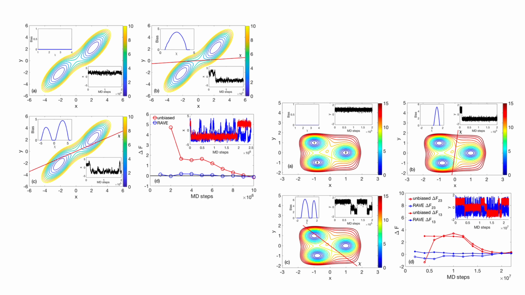And in the bottom right image, you can see that RAVE basically finds the delta F between the two wells is 0. And it finds it way faster than the unbiased simulation does. So if we look at the unbiased MD, the red lines go to 0 much slower. It takes way more molecular dynamics steps for these red lines to go to 0 compared to the blue lines. And that's what's key. The key thing is that RAVE is much quicker, takes way fewer steps in order for the simulation to approach the truth. So that's what's important about this.